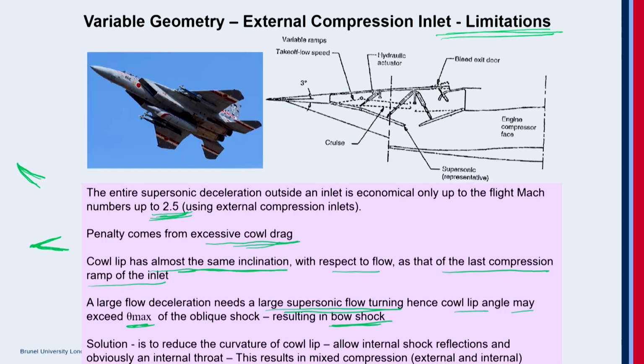This is what happens at M equal to 2.5. If you go further, then you have to turn even beyond, then it becomes theta greater than theta max. That's not going to happen. So to overcome this, keep the cowl lip in line with the flow, so that the last compression ramp will have an oblique shock that will come and hit the cowl lip, and then it has a reflection